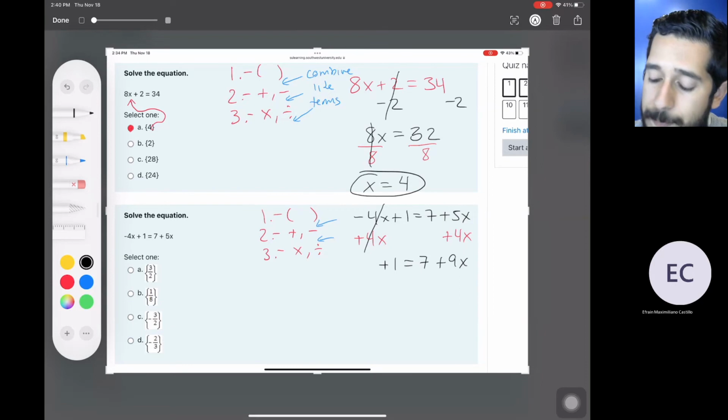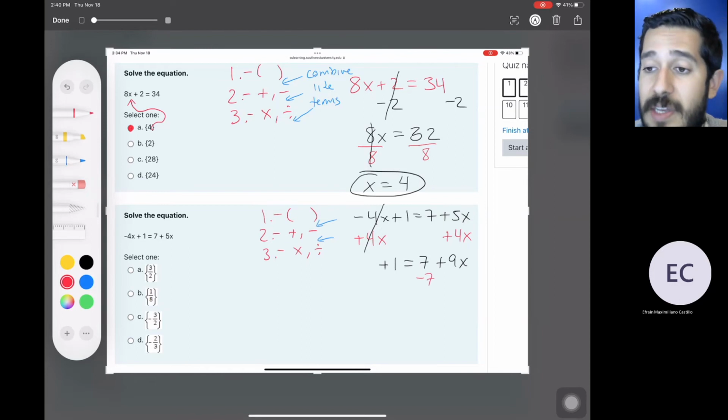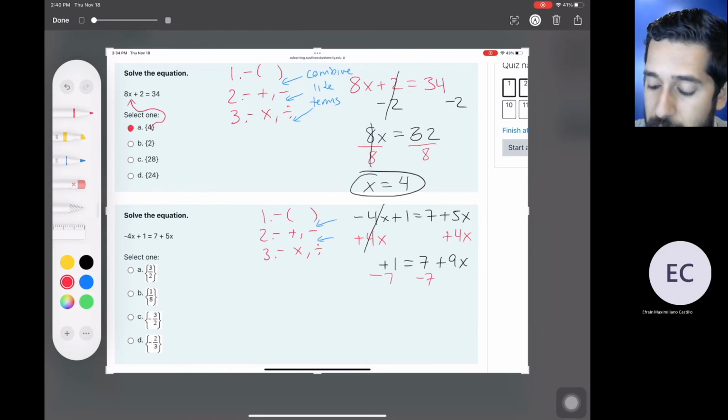And then I have to get rid of a number, right? If I decided to send the letters to the right side, then I have to send the numbers by themselves to the left side of the equation. Okay, so I have a positive 7. The only way to get rid of a positive 7 is going to be subtracting 7. And if I subtract 7 from the right side, I have to subtract 7 from the left side. If you combine like terms, those 7s are going to cancel out. On the left, you have 1 minus 7, which is going to be negative 6 equals